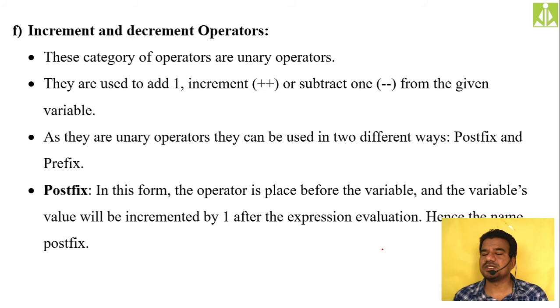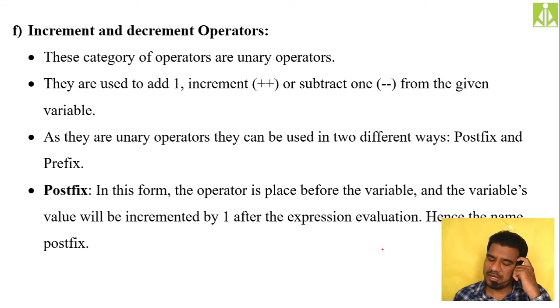Increment and decrement operators we cannot simply discuss in one shot. We need to do a lot of research and study on this. According to your curriculum, whatever we need to discuss at the basic level, we will discuss over here. But this research-oriented, technical study you have to do on your own, because we don't have that much time to go deep into this operator category, that is increment and decrement operators.